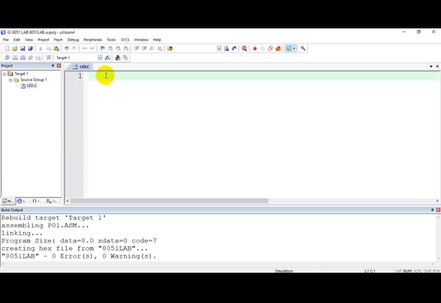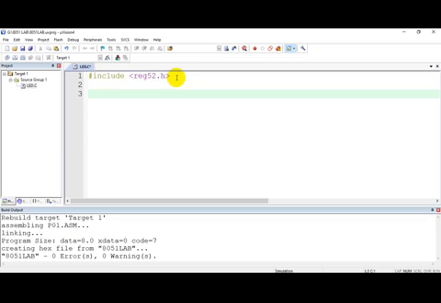That header file contains all the definitions of your ports and special registers and everything. So that header file is #include reg52.h. This file contains all the definitions of the ports and the special registers. So this is the first thing in your C program for this lab.